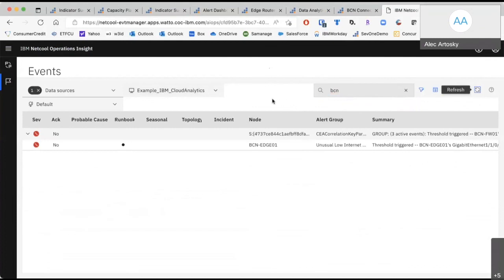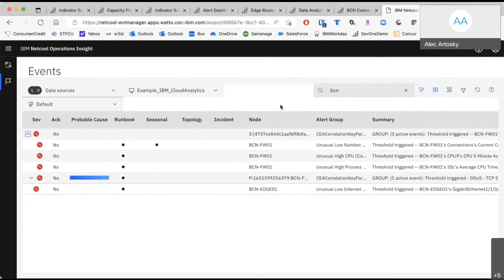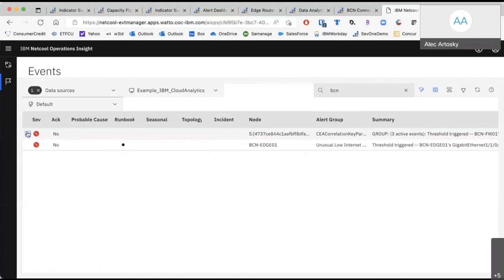So if you give me 1 second here, we can see that Netcool itself, or excuse me, IBM Watson Netcool, has actually gone ahead and looked and seen that we have a group of issues here. Netcool is taking all of these alerts that have been triggered. You've noticed that there were several CPU alerts, all kinds of issues. We can look at this and see that Netcool has gone ahead and correlated these items all together in the system. So we can see that I had to expand this because it correlated these items.